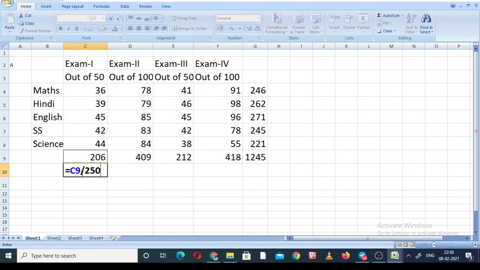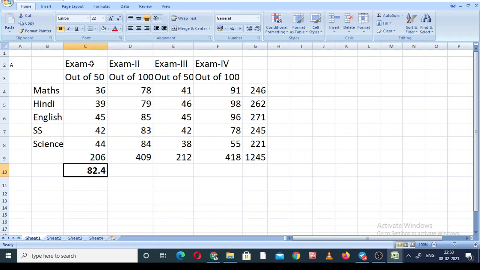The formula is scored marks. So C9 is the representative of 206. C9 upon 250, multiply, this is the sign of multiply on your keyboard, by 100. Now the next is enter. Press the enter button. So this 82.4 is the percentage.